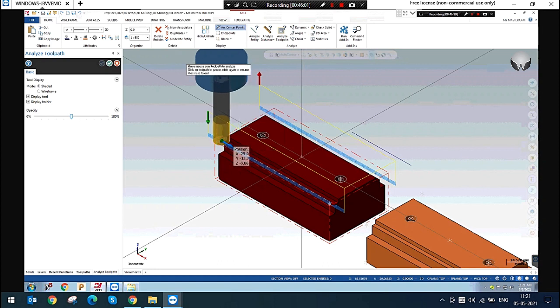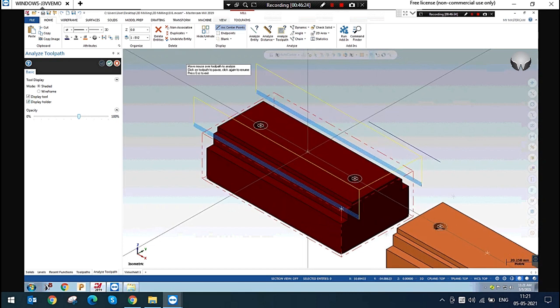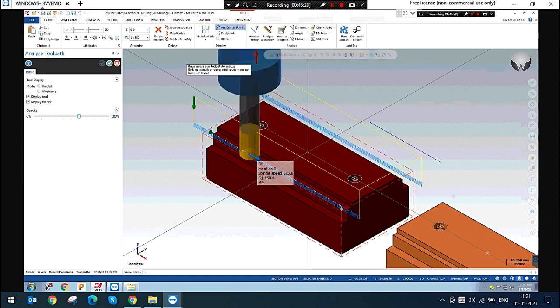Solid tool: the tool will be displayed fully. If I give 2%, the tool will be shaded, right? That is opacity. You can analyze your tool path here also by enabling the display tool and the display holder. You can check the collisions.